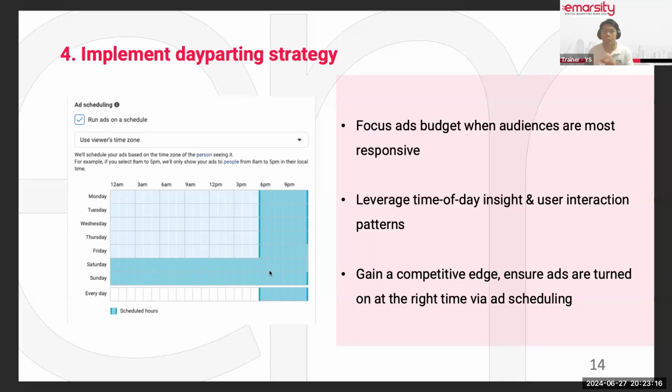Sometimes you'll be surprised by the insights. For instance, previously I worked in a firm that did recruitment. You'll be surprised, it's not the weekend that people send CVs for jobs. It's not the weekend that people apply for jobs, but every Monday. Very interesting insight: every Monday you have the highest count of digital applications.